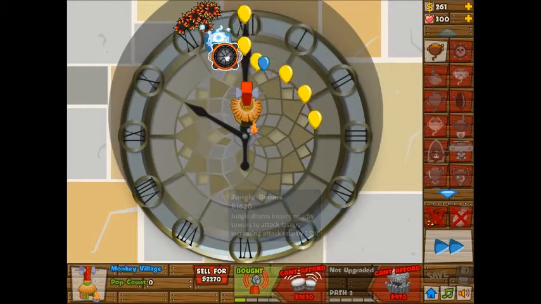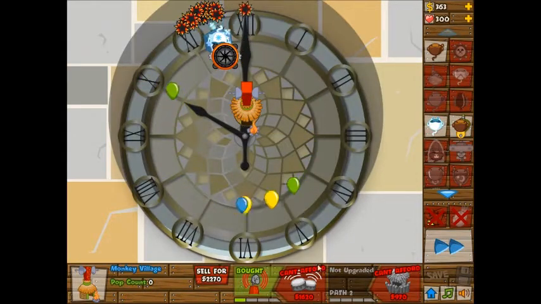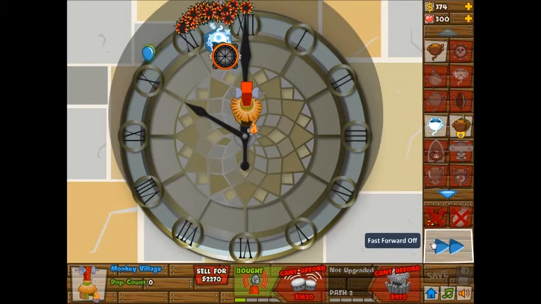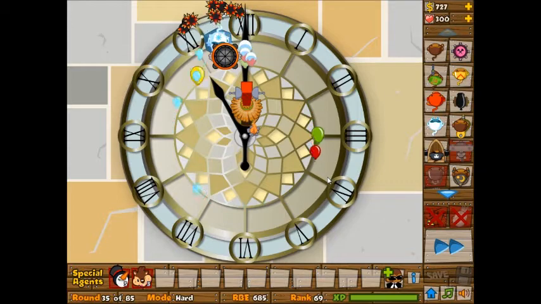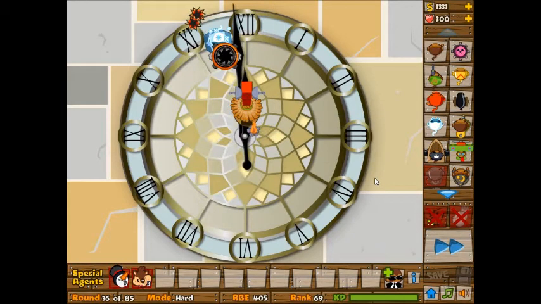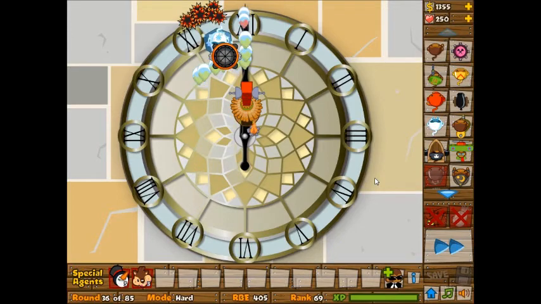So, increase the range for some reason, that seems like a good idea, and then increase the jungle drums or whatever. So yeah, let's see. What am I doing? I am waiting, like always, in order to get more money, so that I can buy stuff, which, again, is what I always do, basically. I think it'd be cool if there was more of a player interaction with the track, so that you could, like, kind of like road spikes, but, like, make it more like your,